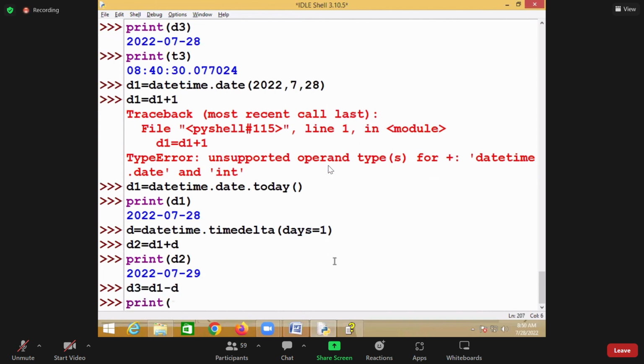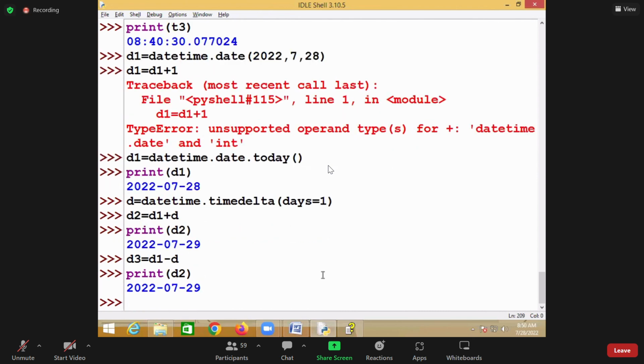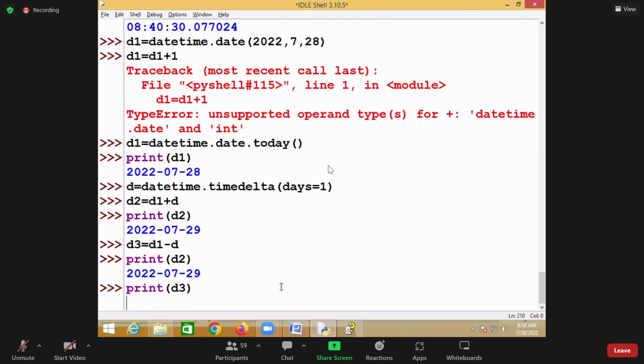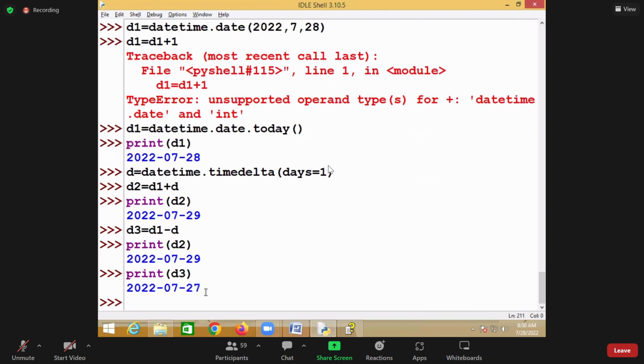Then this is date3, which becomes what here? 27. Because d1 minus d means d1 is 28, and 28 minus 1 is 27. Suppose you want to add 1 month, then